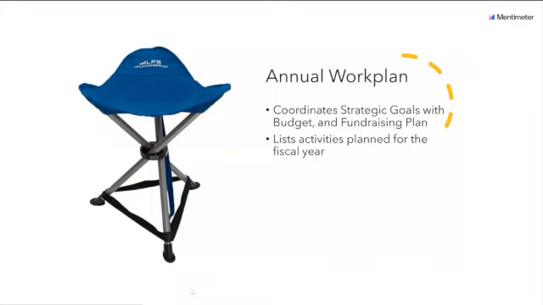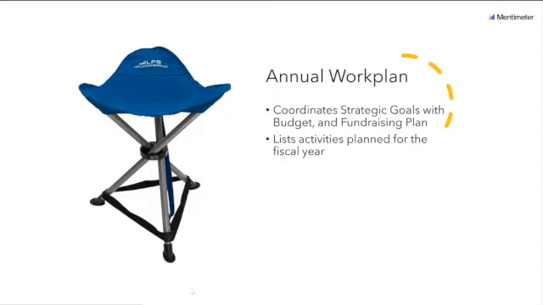So the annual work plan flows from the strategic plan. It's focused on implementation and outlines the activities to be undertaken in the coming year. It's most helpful if this aligns with the fiscal year to the extent that one's fiscal year is not the calendar year. And it might cover regular annual business activities such as board recruitment or your audit or financial review, but it's also going to cover activities that are specific to that year, such as your planned programs, land protection projects, land management activities, such as installing a trail, so activities that you wouldn't repeat year in, year out,